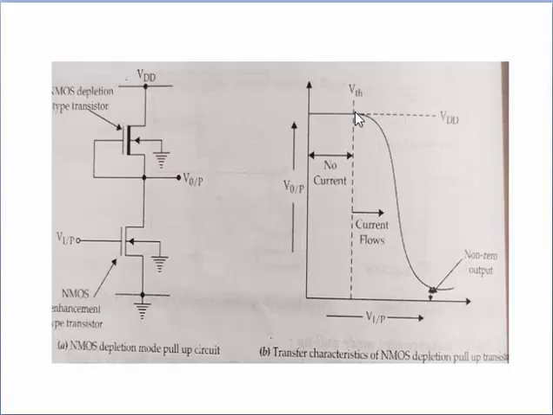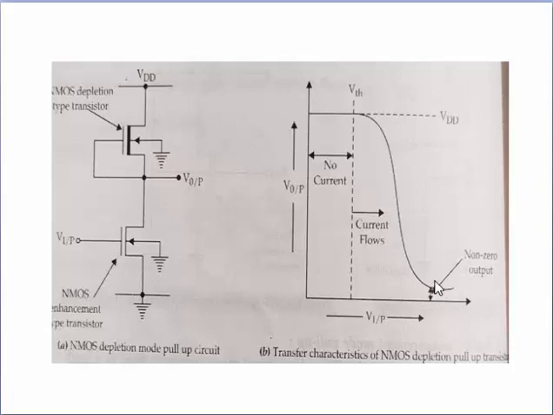If you observe the graph between V input and V output, it starts switching to 0. It means when V input is 1, it will not spontaneously give output 0. But when V input crosses the threshold voltage, at that time the output is becoming 0. But according to the graph, it is shown that the output is non-zero.